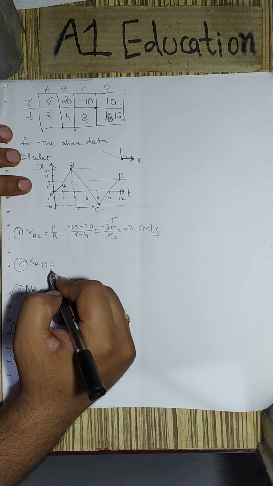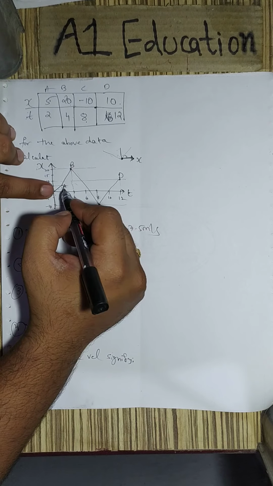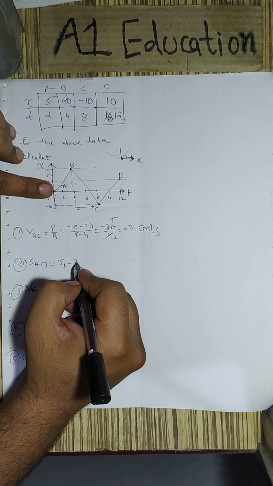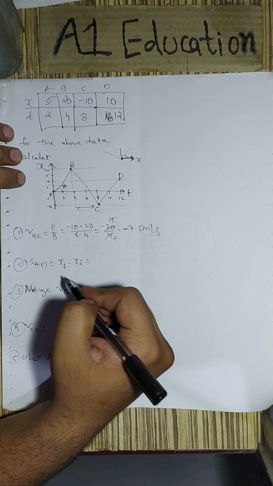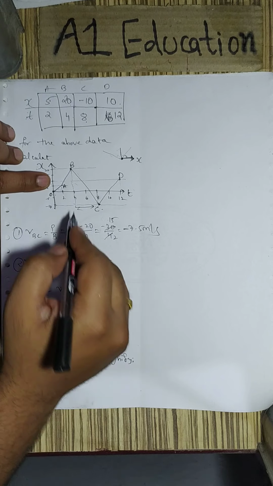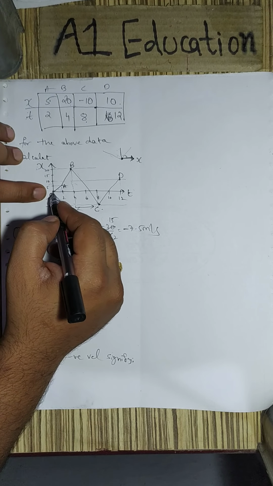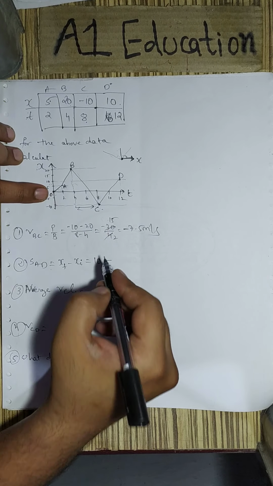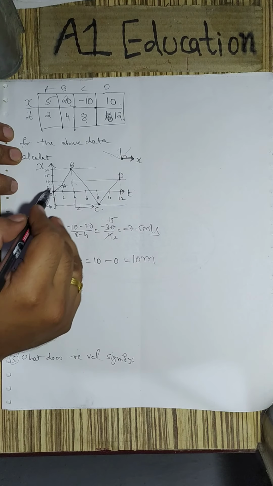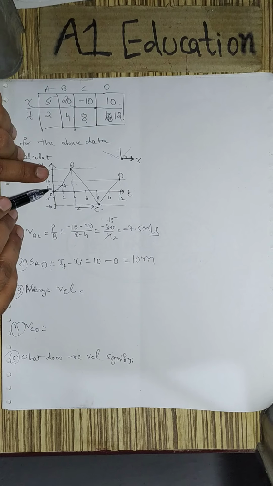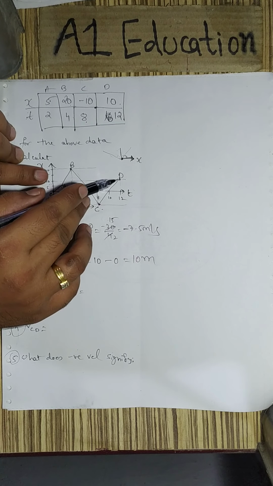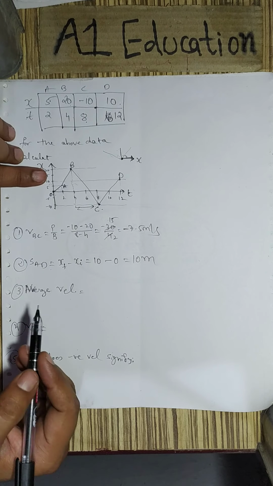A to D, displacement between A to D. So from A to D, what is the displacement? Displacement is simple: final position minus initial position. Let us see what the final position is, D. At D, the position is 10, and initially the position is 0. So final minus initial, 10 meters is the displacement. In undergoing the complete motion, the body has only displaced by 10 meters. In the graph also we can see it started from 0 and ended at 10. So directly we can conclude 10 meters.